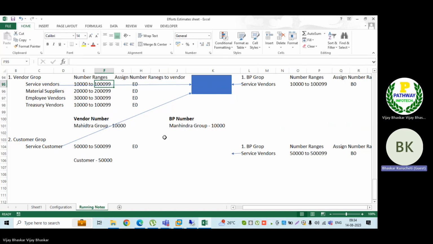So now it is two different number ranges, right? In the case of customer, his number is 50,000. But in case of vendor, it is 10,000. Now he's playing both roles. Because what I was trying to say, if we would have the same number range mapping here, then